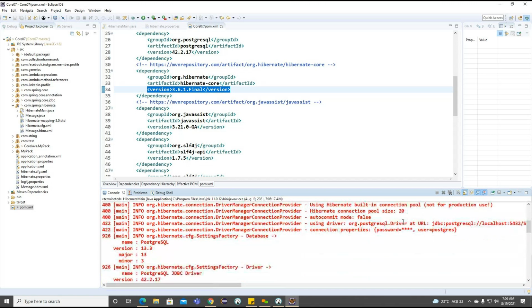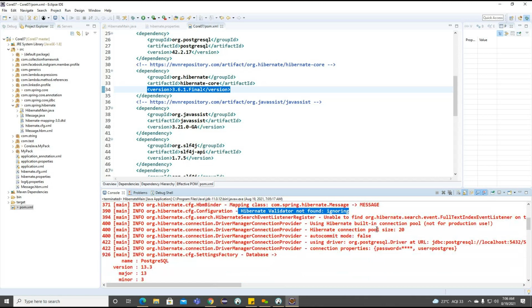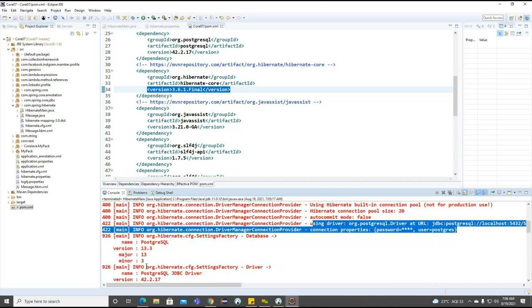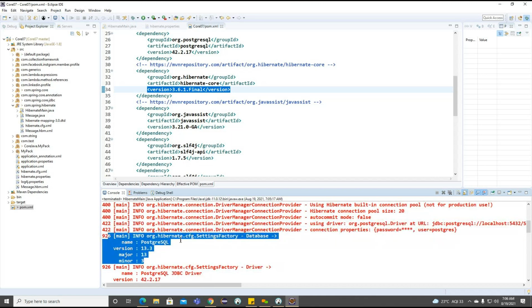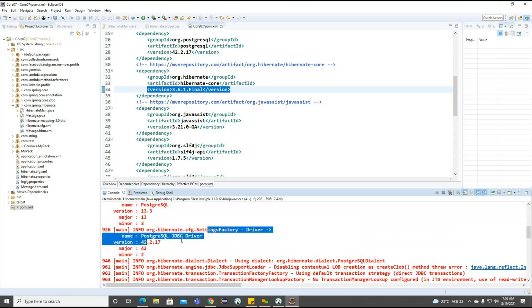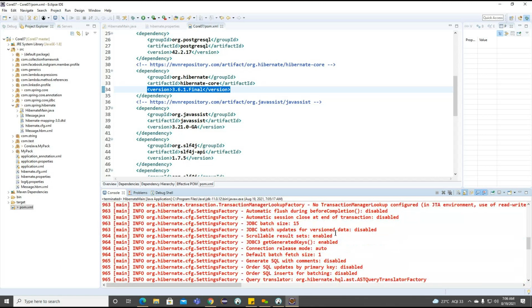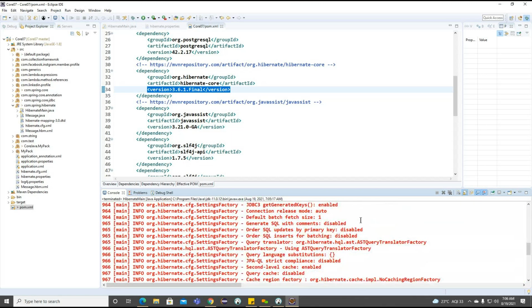Here we did not provide any validator, so it provides the validator information, connection pool size, and database properties. These are the database properties: the Postgres version, the database name, and the driver we are trying to connect, the PostgreSQL JDBC driver. This is the way we can easily find the Hibernate information.